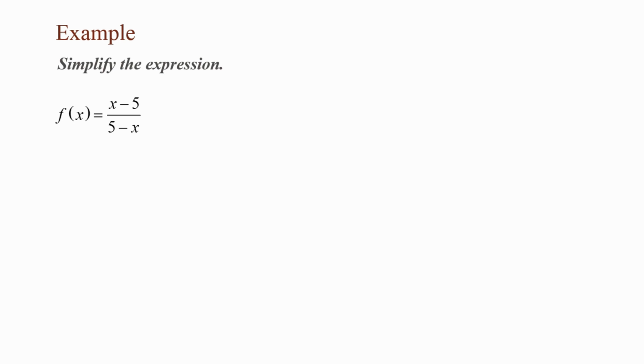In this example, simplify the expression f of x equals x minus 5 divided by 5 minus x. In our numerator, we have a positive x and a negative 5. In our denominator, we have a positive 5 and a negative x. Since I have a positive 5 and a negative x and I need the opposite, I can factor out a negative 1, which would leave me with a negative 5 plus x,